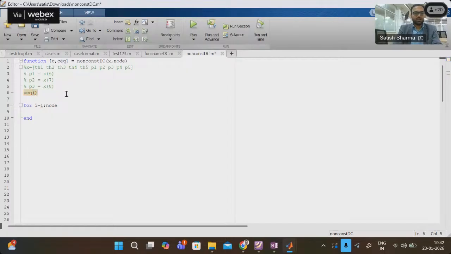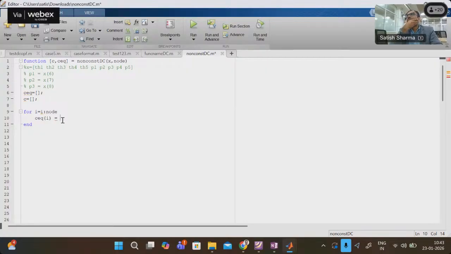First of all, I have to initialize it as empty. I have defined some Ceq, because these are the values we are going to return. So the first constraint, for the ith node, will be equal to